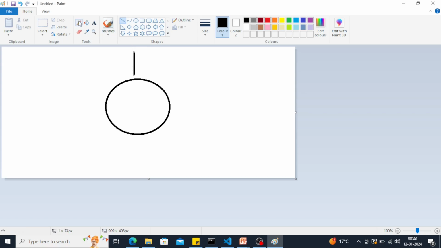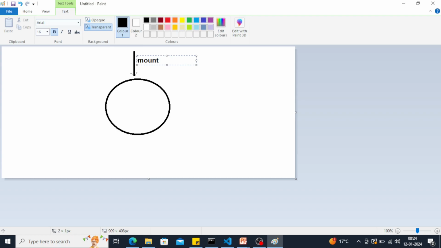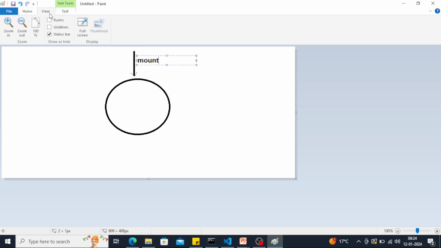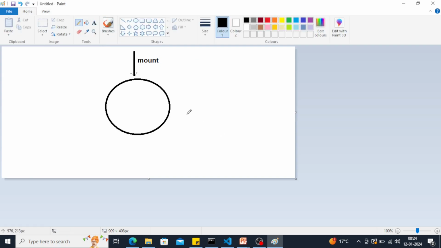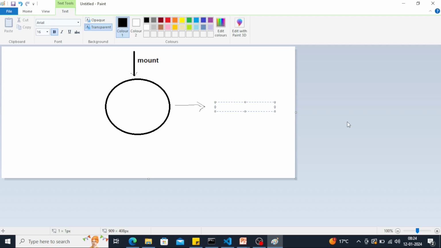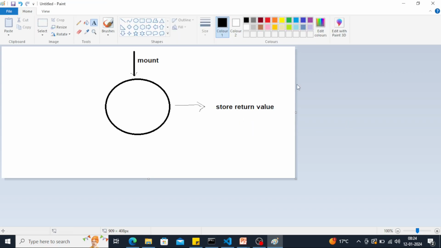During the time of mount, sorry, I'm not that good with the diagrams. I will store the return value into the memory. So whenever a request comes to this function,